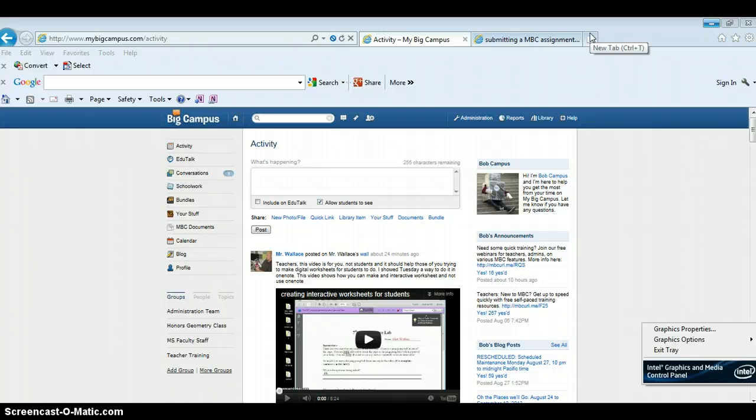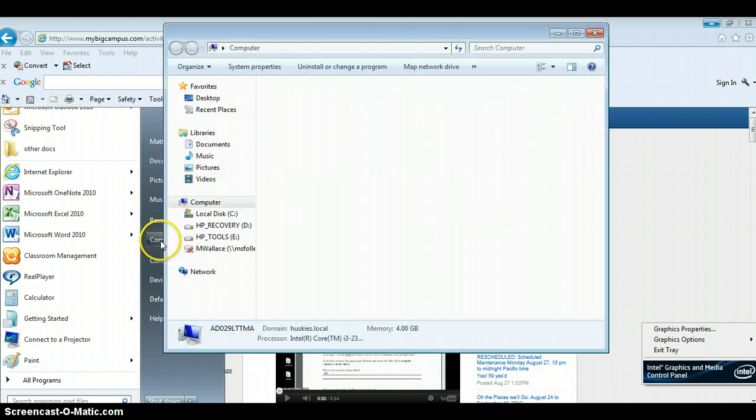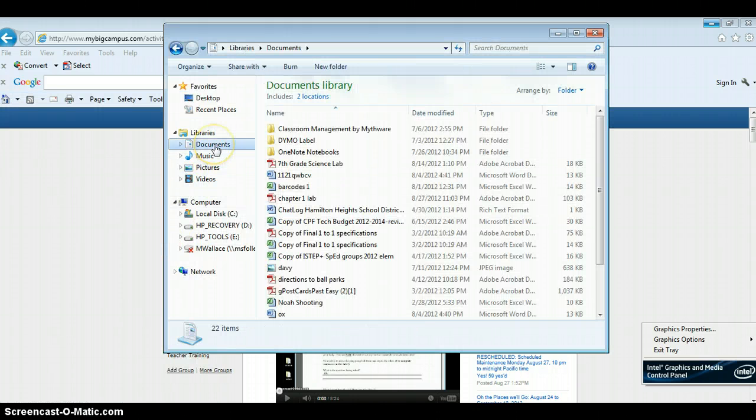Where can I save my OneNote? Where can I save my homework assignments that I download from My Big Campus? We've got a few options. Number one, you can save them right to your hard drive. You can go into your computer, go right to your documents, and you can add folders and save right